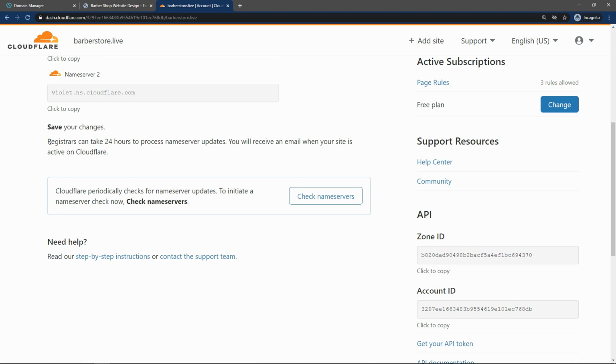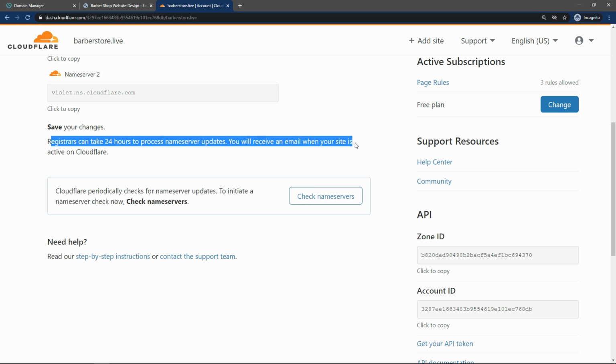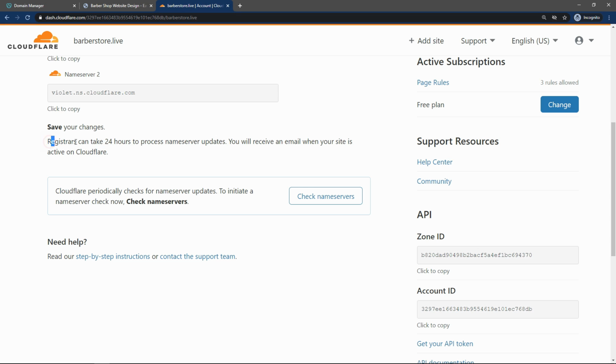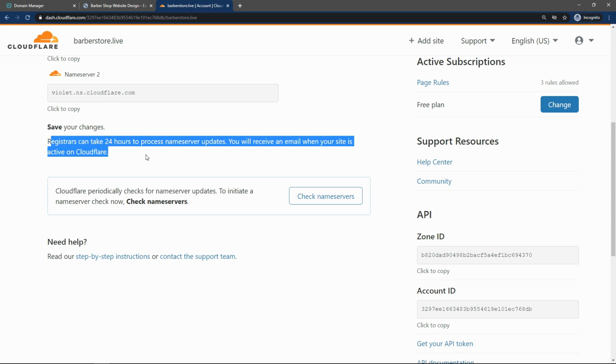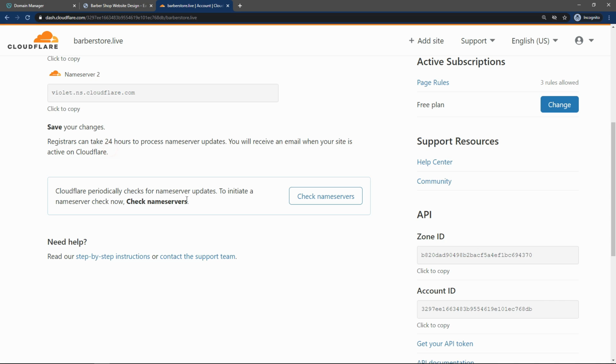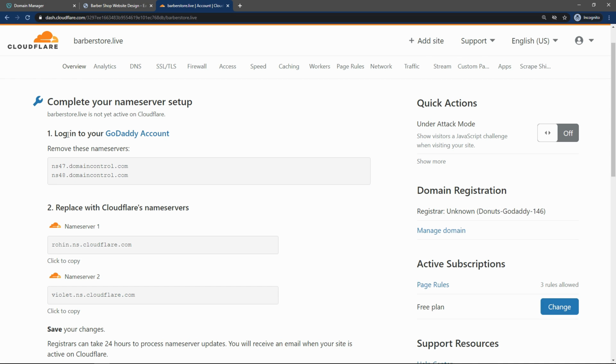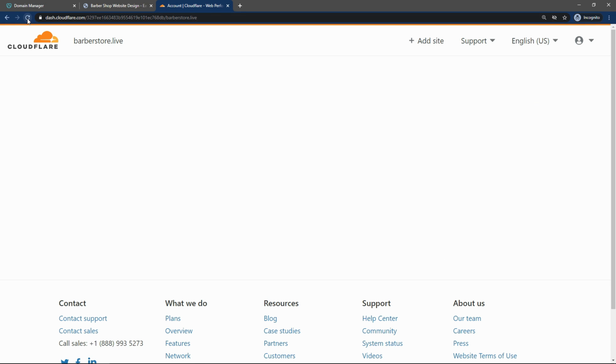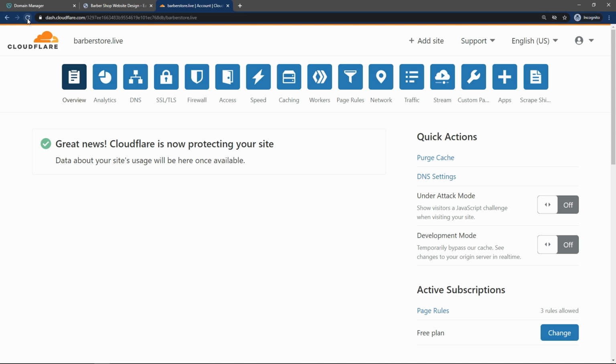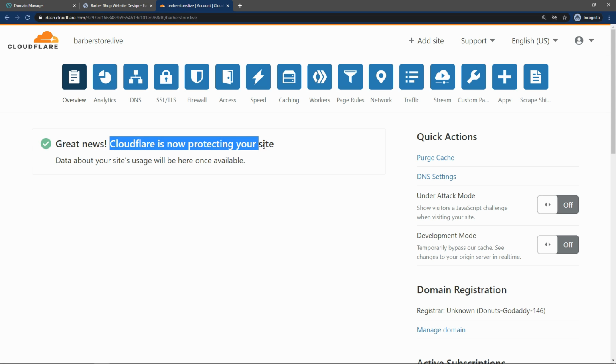And here it is saying registrars can take 24 hours to process the name server update. It may take up to 24 hours, but usually it happens within 10 to 20 minutes. So you just have to wait for at least 10 minutes and refresh the web page. Let me refresh this one after a few minutes and you can see we have this message: Cloudflare is now protecting your site. If you are not getting this message, just wait for more time and refresh the web page. Once you get this message,